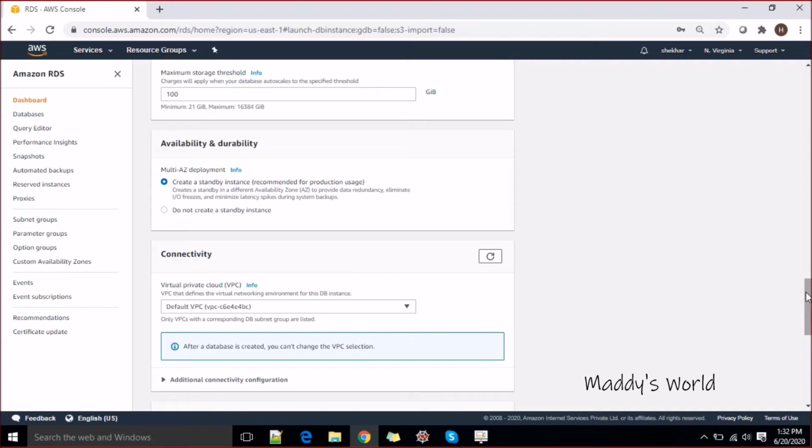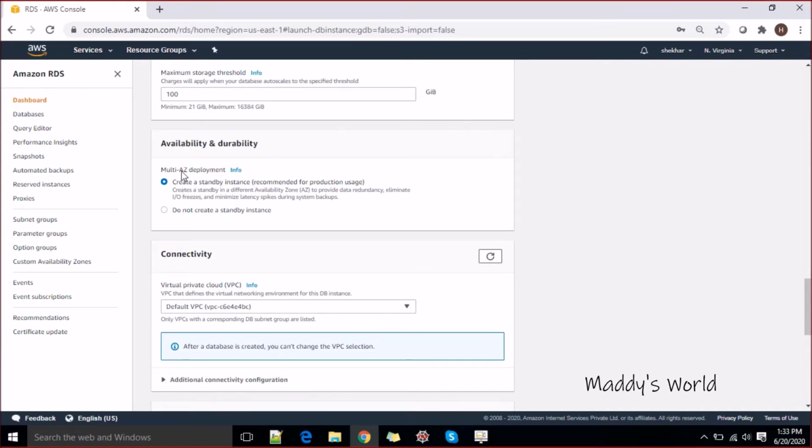The next is, and very essential, guys, is availability and durability, right? When we talk about availability, it provides you two kinds of instances. One is called the multi-AZ deployment or a standby instance, right? If you go with the multi-AZ, most of the time people may ask you in the interview also, what is multi-AZ deployment? What is the multi-AZ RDS deployment, right? Then this is what is used for the production. What it will do is it will create one additional standby instance for you,